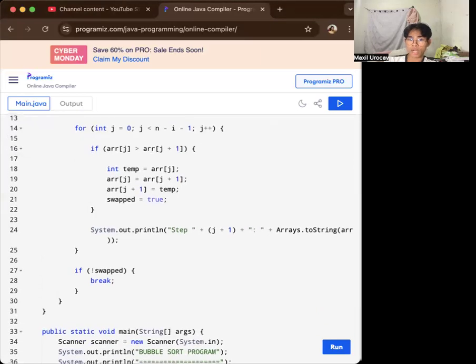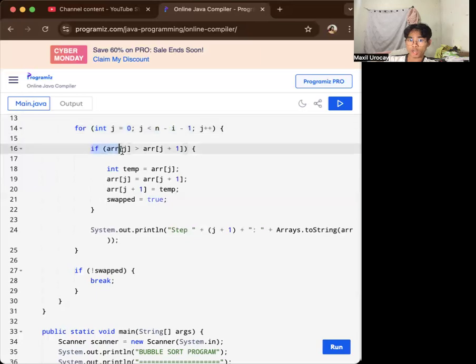Afterwards, we have the inner for loop that performs the comparison of the elements. So we have here int j equals 0, j less than n minus i minus 1, and j plus plus. That inner loop performs the comparison and loops over the unsorted portion of the array, which decreases with each outer loop iteration.